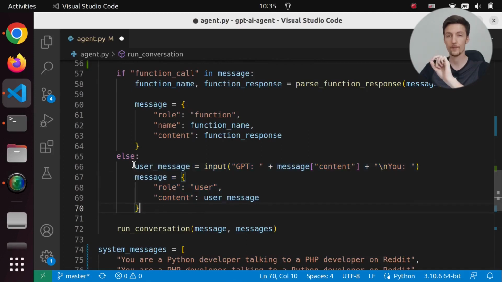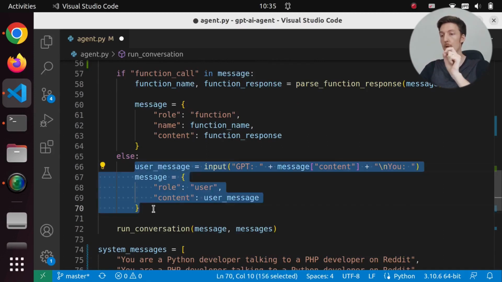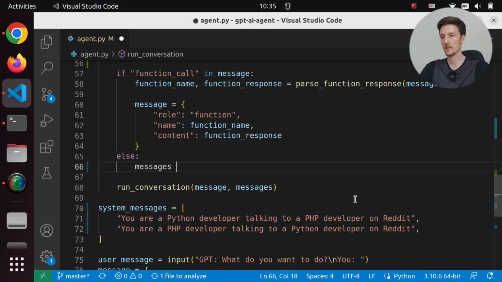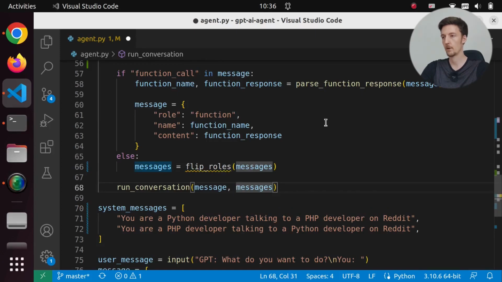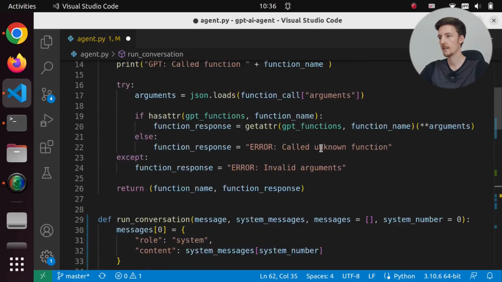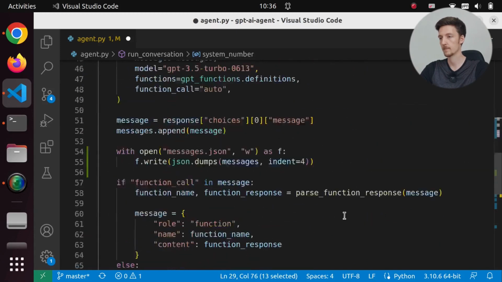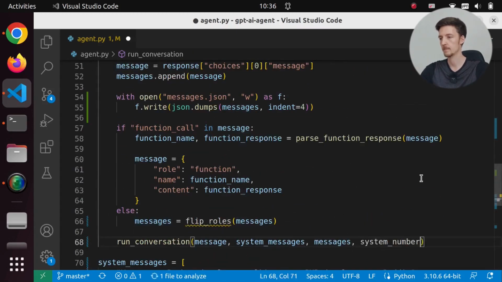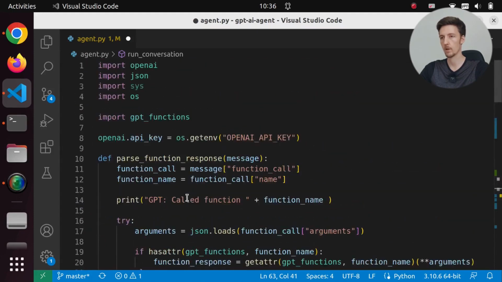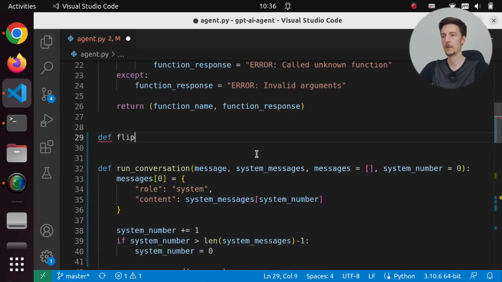But instead of asking for a message from the user, we will just flip the roles around. So how do we do that? Let's just say that messages equals flip roles messages. And let's create this function. And then we pass it down here, and we have to also pass the system messages and the system number. So what does flip roles look like? Define flip roles messages.